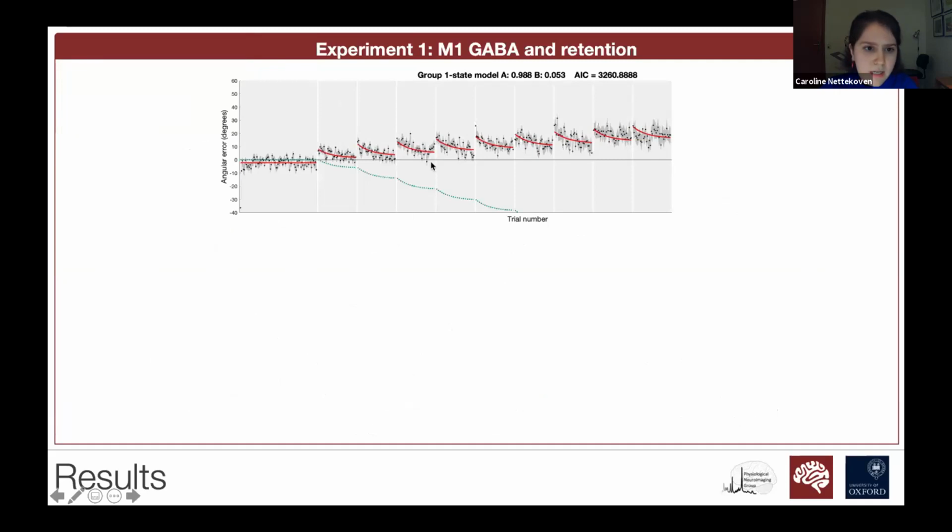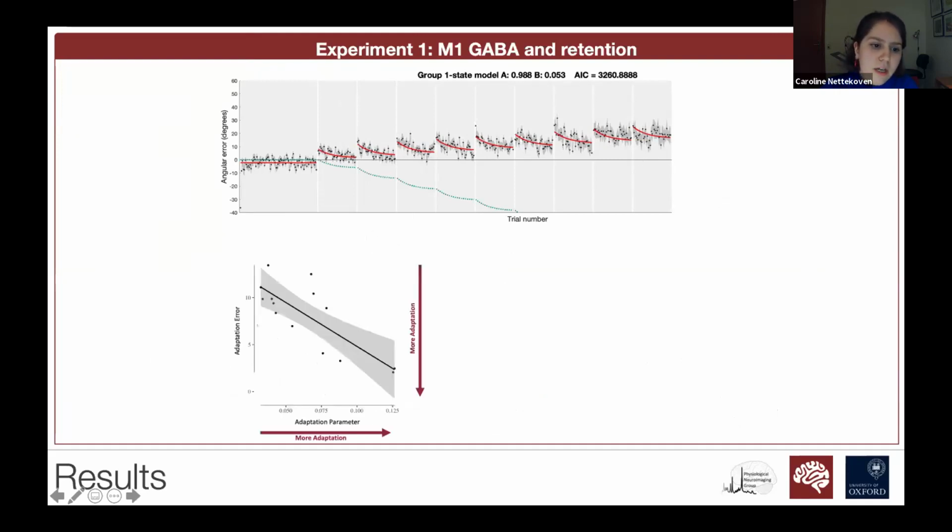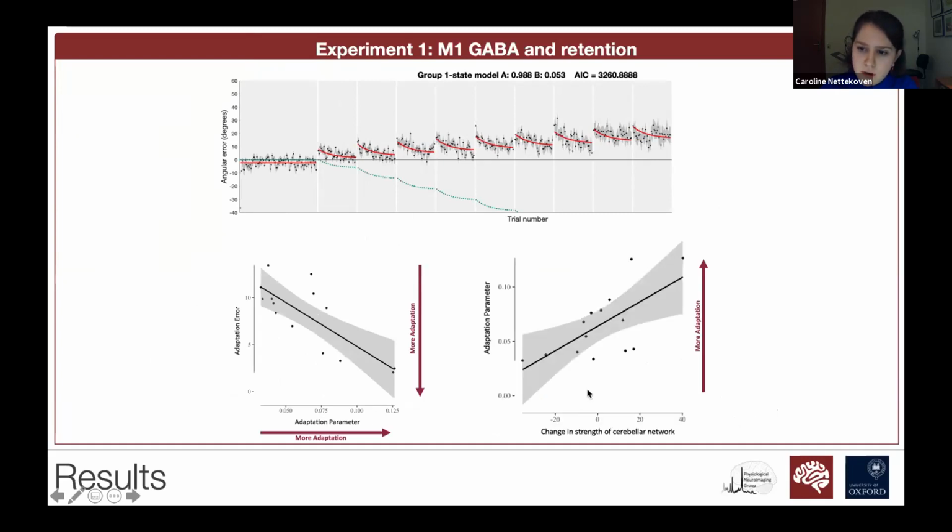We also looked at whether our results hold when we quantify adaptation using a commonly used state space model, a model-based approach to quantify adaptation performance. So we modeled the adaptation performance on this task using a single state model. And we find that our model-free and model-based parameters of adaptation correlate highly, and that our results hold for modeled adaptation as opposed to just an angular average error. So that gave us some confidence that we're actually driving changes in the brain that are known to occur in response to adaptation, and that it doesn't matter how we quantify adaptation, the same results hold.